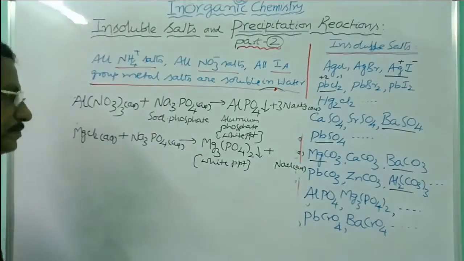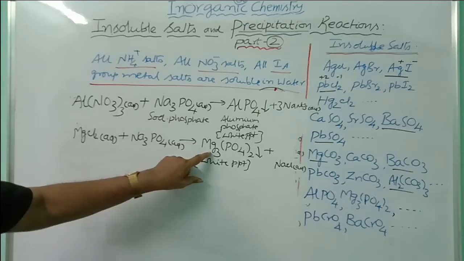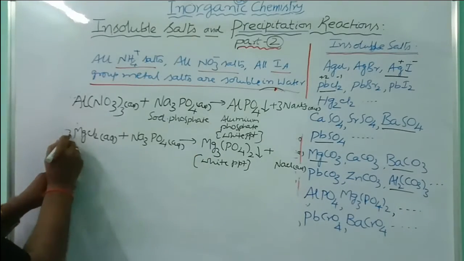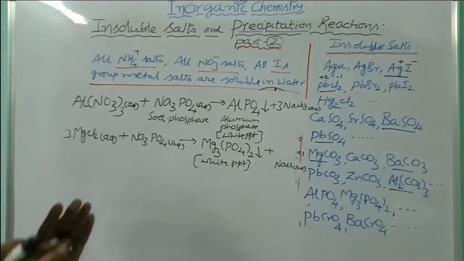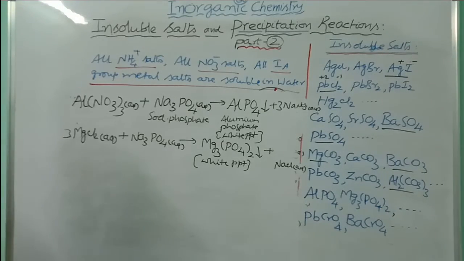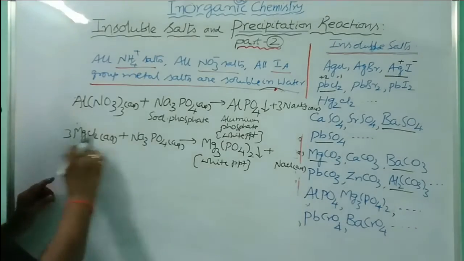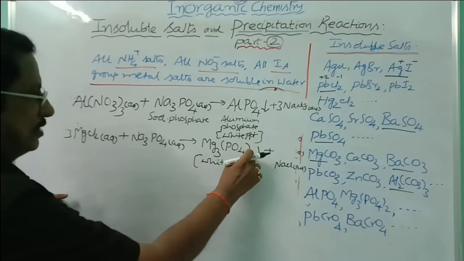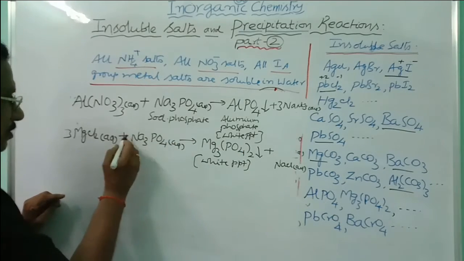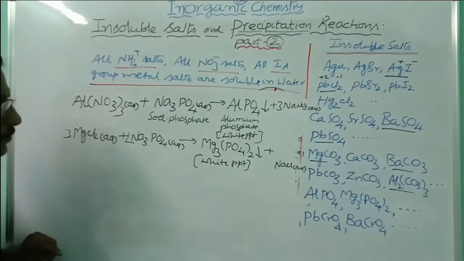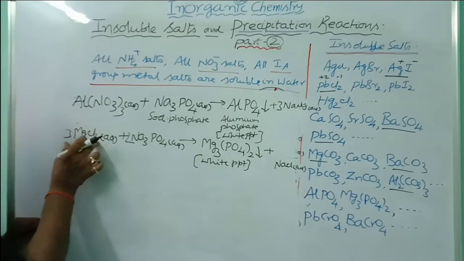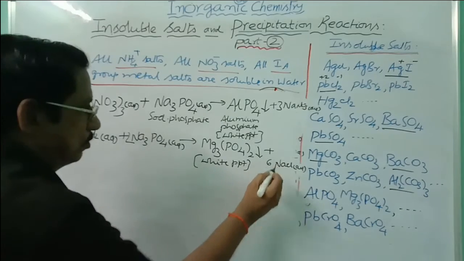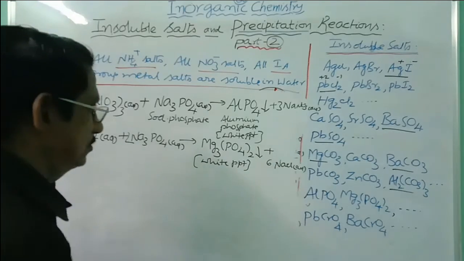Not balanced. 3 magnesium ions are there. You have to take 3 magnesium ions from the magnesium chloride. You have to change the coefficient, but not the formula, by writing the balanced equation. And similarly, 3Mg, okay. 2 phosphate ions are there. You have to take 2 phosphate ions from this. You have to change the coefficient to 2. 2 into 3, 6 sodium ions. 2 into 3, 6 chloride ions, so there will be 6 sodium chlorides. So this is the balanced equation. That is how to write.